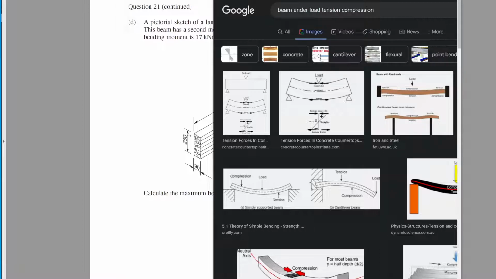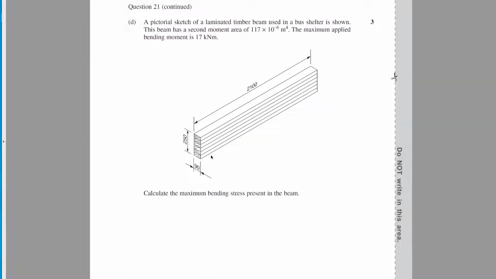Right, so I always say big Y is critical, and there's a video of me somewhere doing a big Y. But if we have symmetrical sections, it doesn't matter. We just take the neutral axis as halfway, or half the depth of the beam. So Y equals 250 divided by 2. So we've got M, we've got Y, and then we're dividing by the second moment of area, also known as